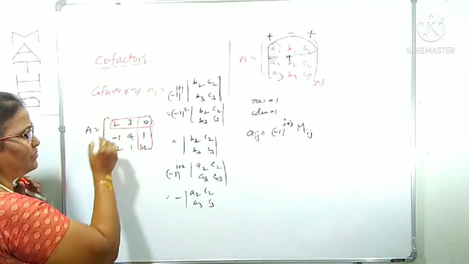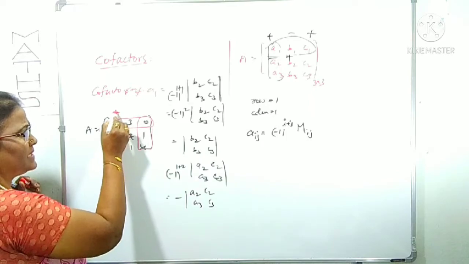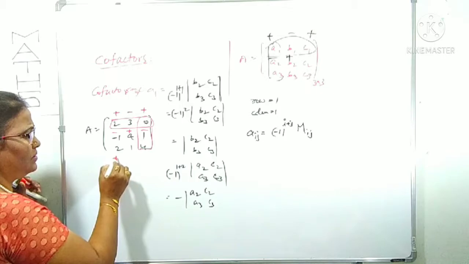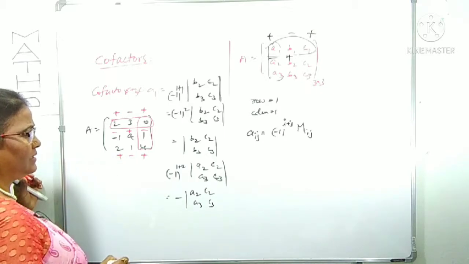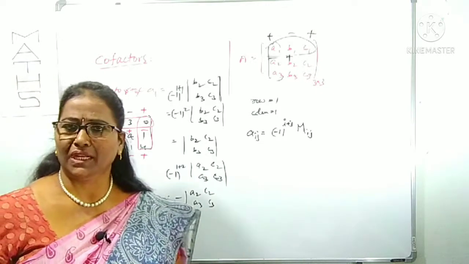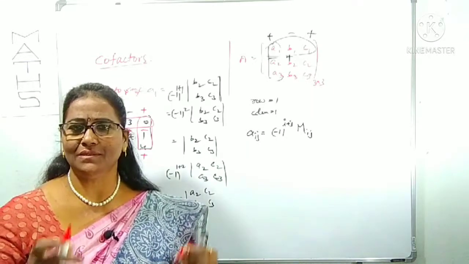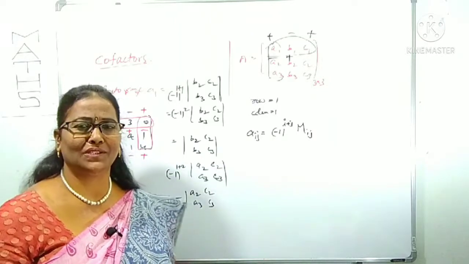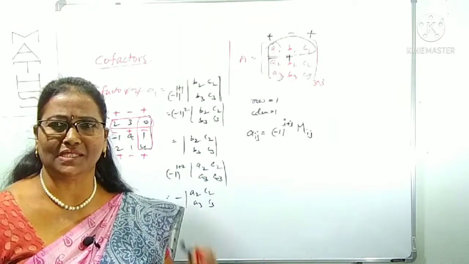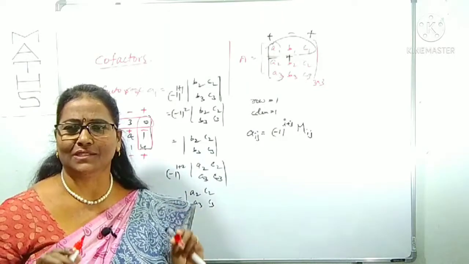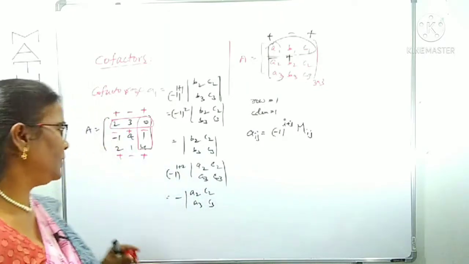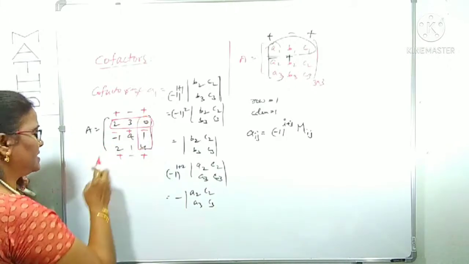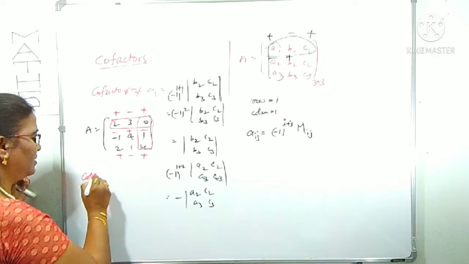Here I said to you, for first row elements we multiply with plus minus plus, second row minus plus minus, third row plus minus plus. We can find out the corresponding cofactor. Multiplying the minor values with plus minus plus for the first row, minus plus minus for the second row, plus minus plus for the third row, we get the cofactors. Simply, if we think smartly, right. Now I want 0. In which row is 0? It is in the first row, so which sign should we use? Plus. So what is the cofactor of 0 here?